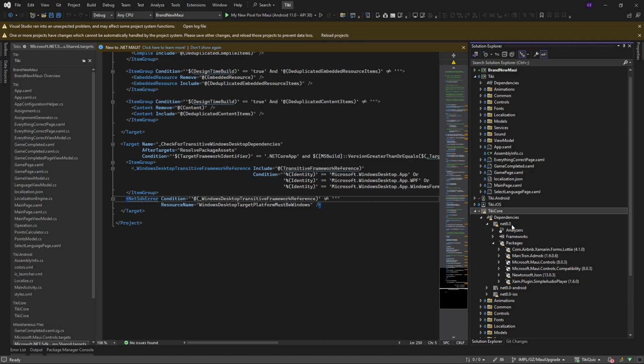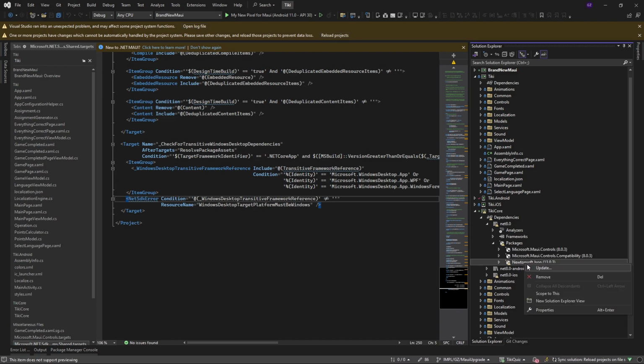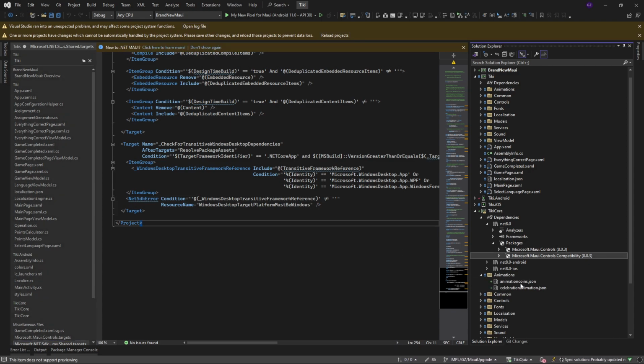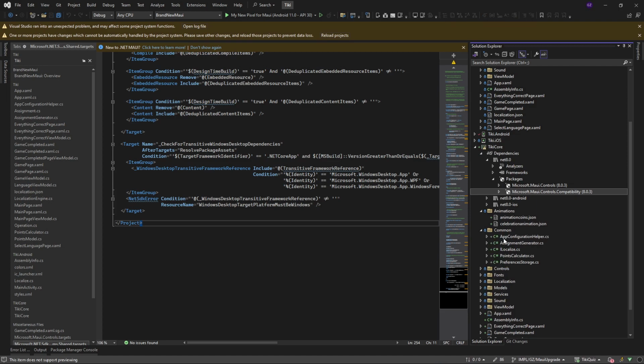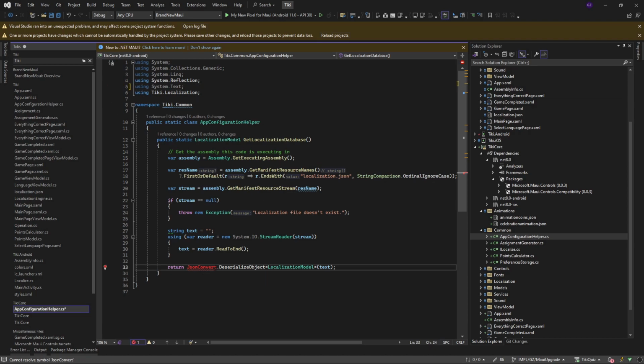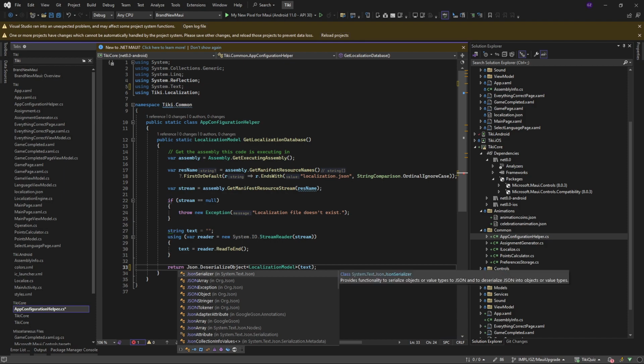I will have to clean this up first. So can I just remove it like this? I think it should be fine. So remove. I will have to adjust the code in a couple of places. So I have my animations, I have my common. Let me just see. Okay, of course, here it cannot recognize it, so it cannot figure this out. So I should say JSON serializer